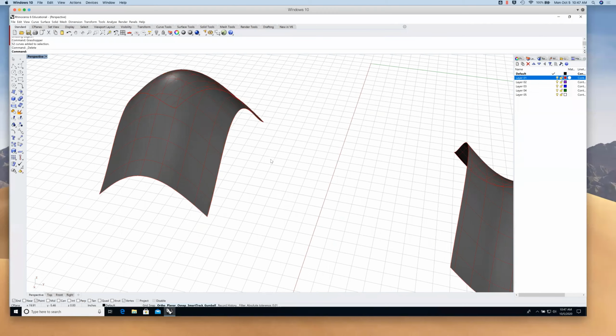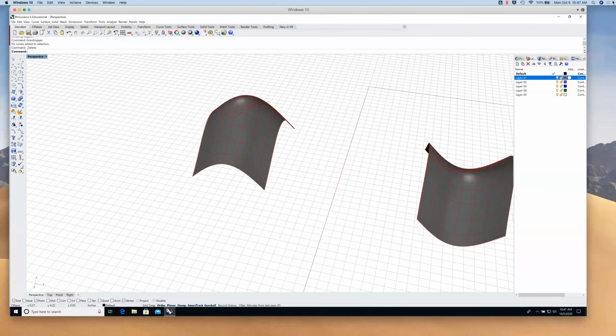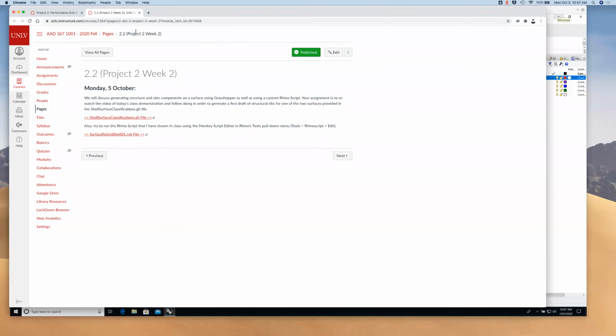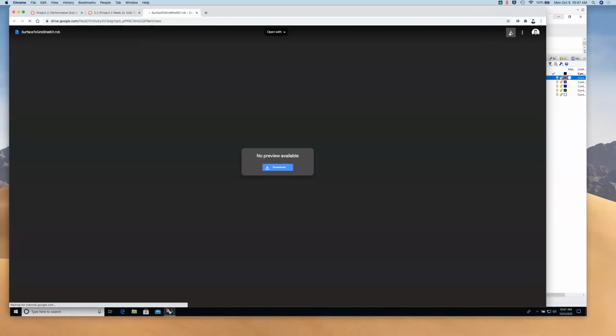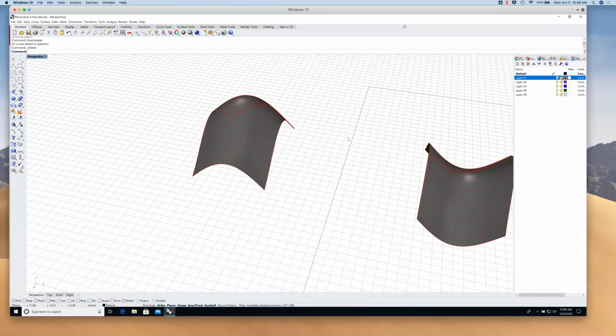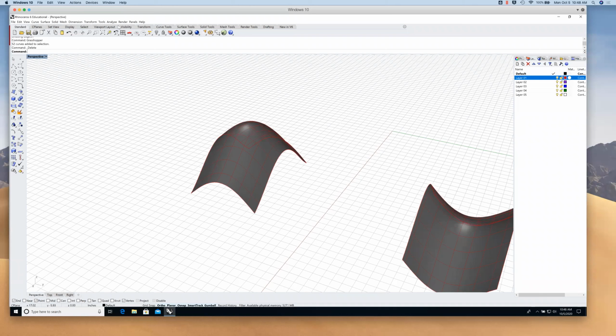All right, so here, back to my surface, and I'll just point this out on canvas. I also say, try to run the Rhino script I've shown in class today using the monkey script editor. And here's the Rhino script file that you can save and download. I think it takes you to hopefully a Google Drive, right, where you can download this .rvb file. And so I have my surface, and I'm going to go to the Tools pull down in Rhino, Rhino script,